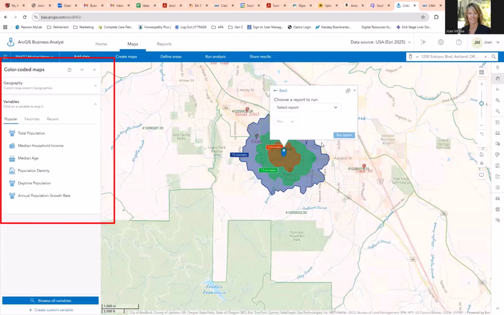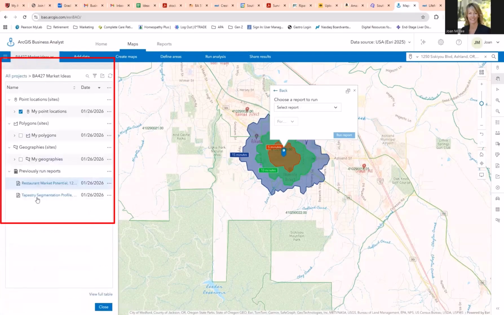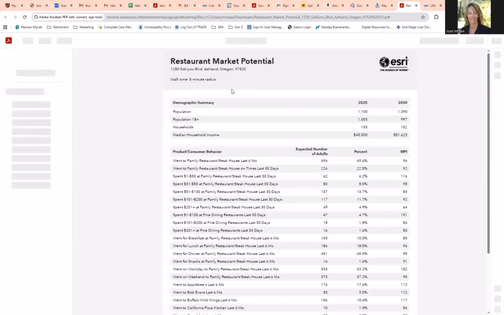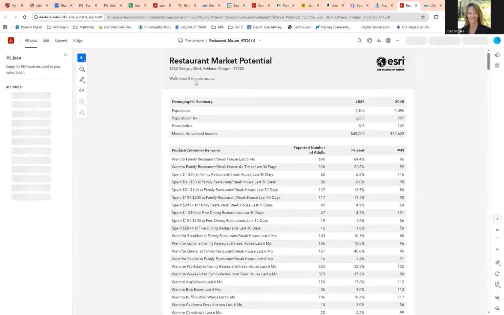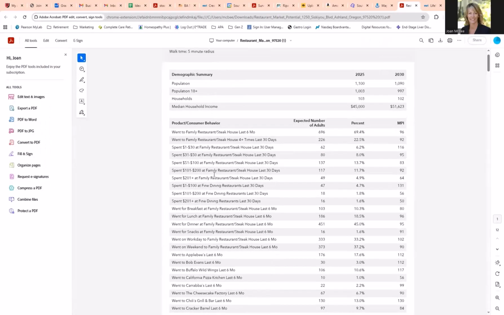Once you select your report and run it, it's going to show up over here. I ran the tapestry segmentation. I also ran the restaurant market potential. Here it is. Now, the first page is going to be the 5-minute walk time, and you can see there's